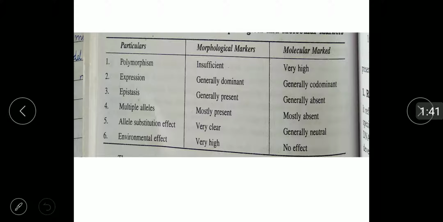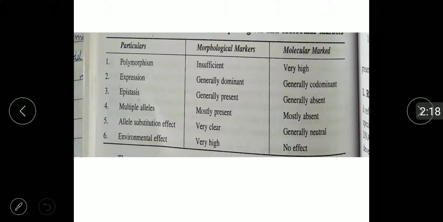The polymorphism with respect to morphological markers is insufficient and with molecular markers it is very high, because in a plant you can find only a few differentiating characters after expression with the help of genes or alleles. So we can't find many morphological features to distinguish between two genotypes or two varieties. But with respect to molecular markers, we can see a very high number of